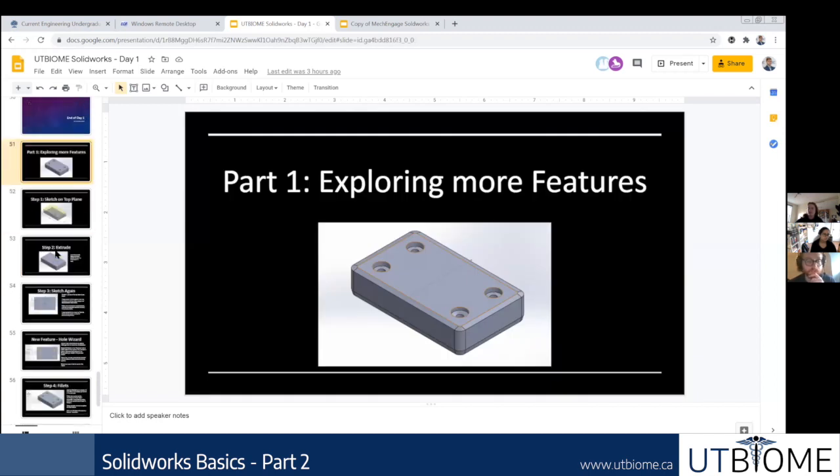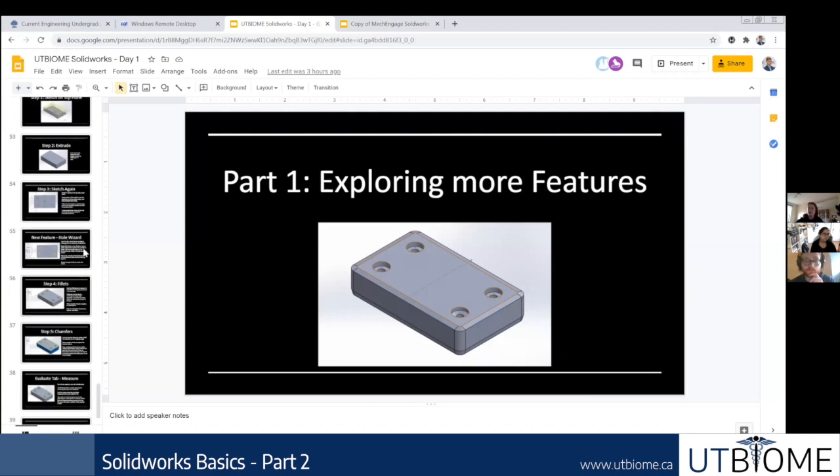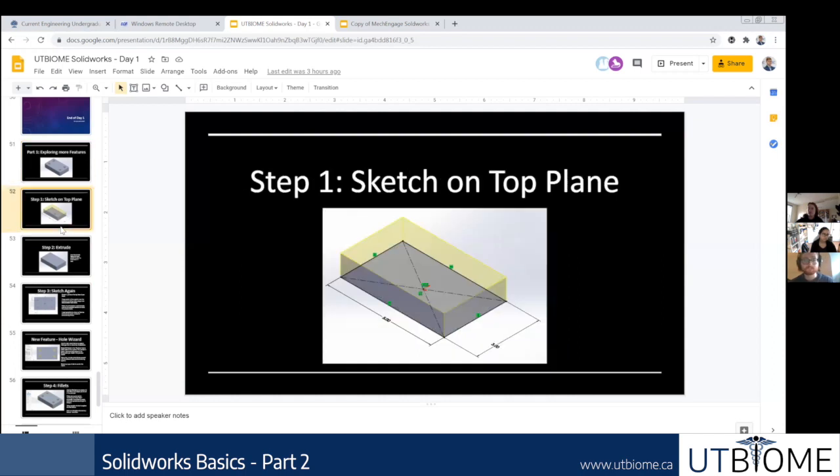This is just specifically to show you some more tools that you can use. And then I'm going to go through and show you some other things SolidWorks has to offer, but there's not going to be a specific model to go along with it. So this is one that I actually want you to model just for some practice. We're going to start by doing a sketch on the top plane with dimensions of 5 inches and 3